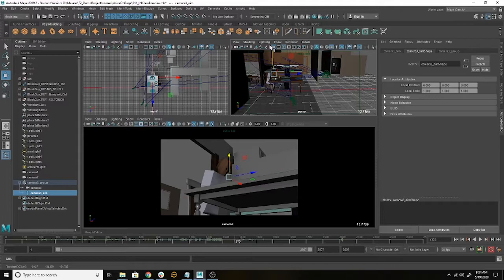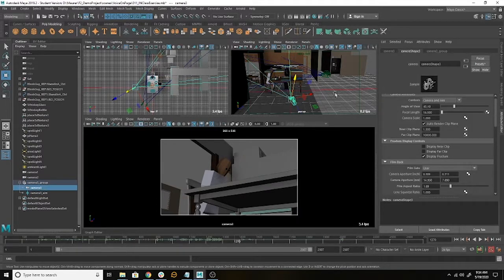The only time you ever really want to use a two node is when you have a very specific tracking pan or a tracking tilt. It's just easier to animate with. Or if you have a very complex dolly and track kind of move where you have two nodes moving. So an example of this would be something like